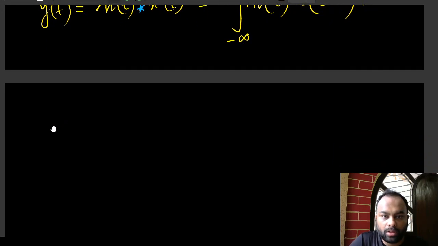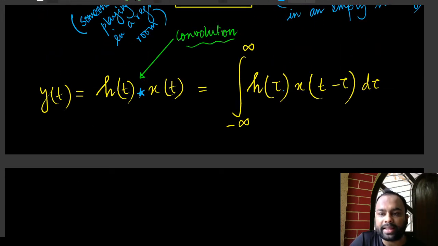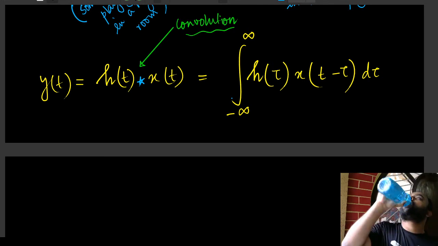Right. So let's try to understand. Again, someone asked, what is this? So this is tau. Tau is a special dummy variable, for example. You can write p, you can write x, you can write whatever, as long as it's a dummy variable. I shall tell you later on, in a future class, where this expression actually comes from. For the moment, try to understand that this is the expression for the convolution.